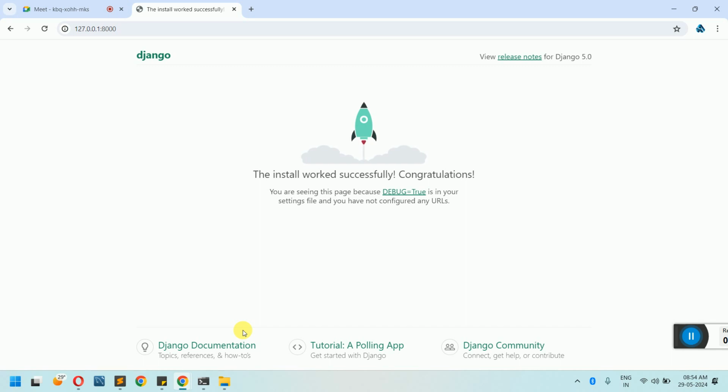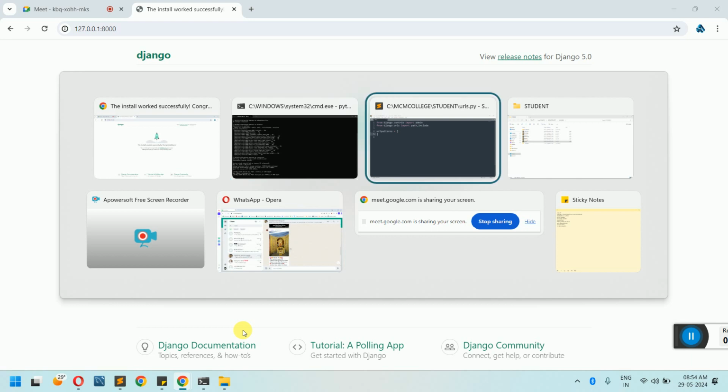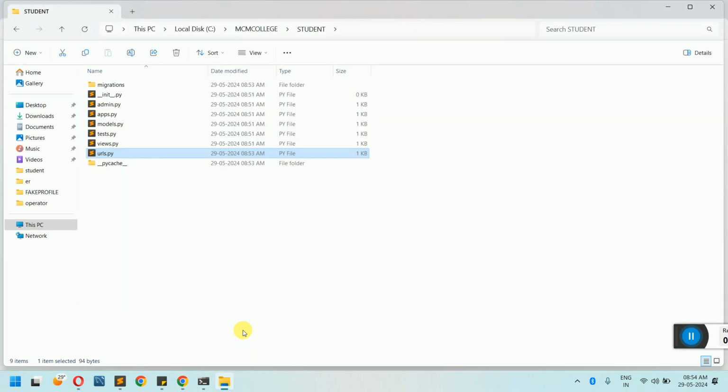Okay. Next. This is what we have done in the previous class also. Now let us add some more things to this. For example, I want to create one HTML page. So for that, you have to go to your project folder and create one